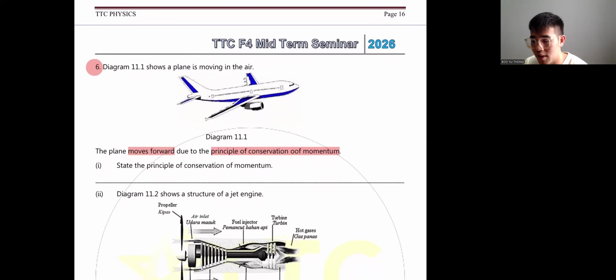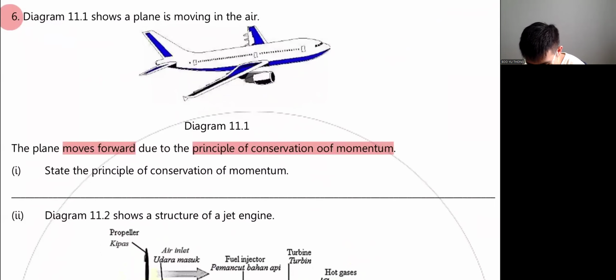In this principle, it is actually stated by Newton, and Newton stated that when an object produces a backward momentum, which is what the propeller, okay, the turbine of the engine is doing. So the turbine of the engine will be propelling air backwards. And because air particles has mass, and when it is exhausted backward, it will be moving with a velocity. Right or not? So the gas particle that has mass moves backward with a velocity, m times v gives you